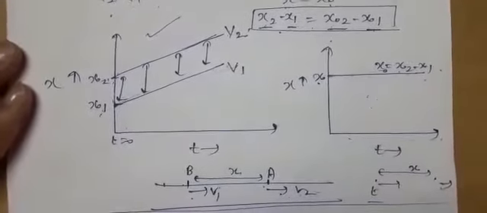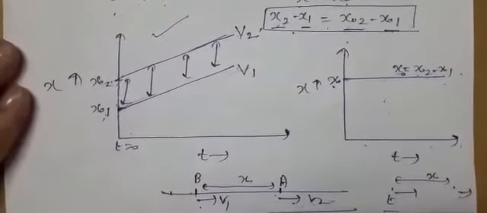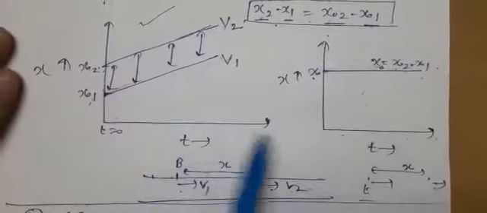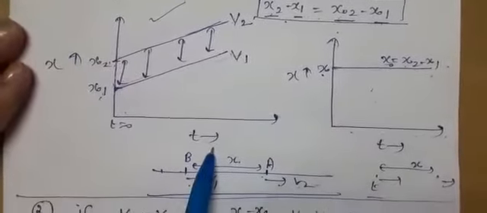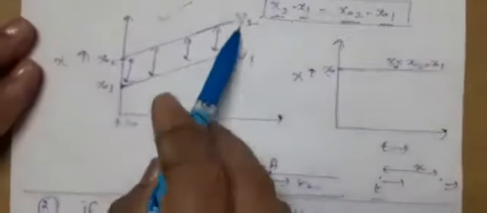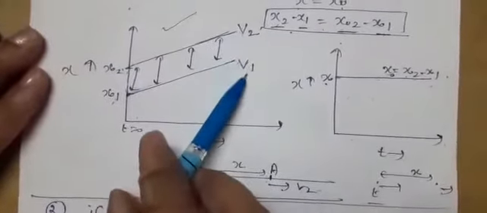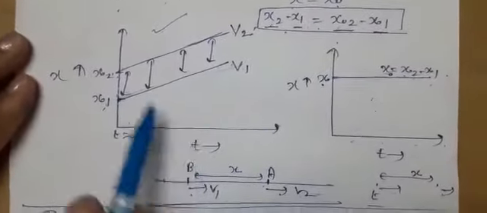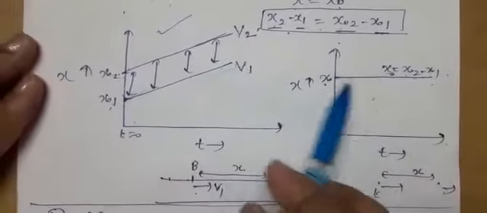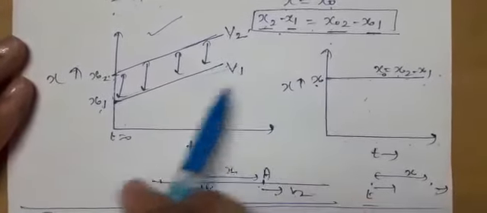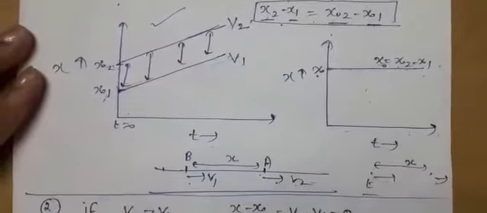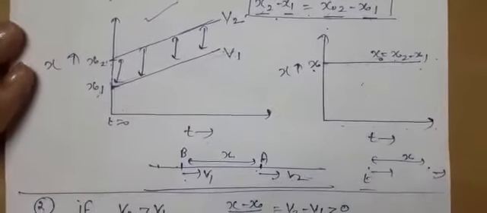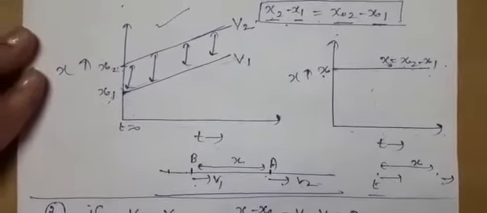The question can be, if the bodies are moving with the same speed, draw their position time graph. So you can draw this kind of graph. You have to represent the motion of both the bodies. So when you plot the position time graph for two bodies, with their relative velocity with respect to each other, then this kind of graph will be there, provided the condition is that the bodies are moving with the same speed. There can be another question.